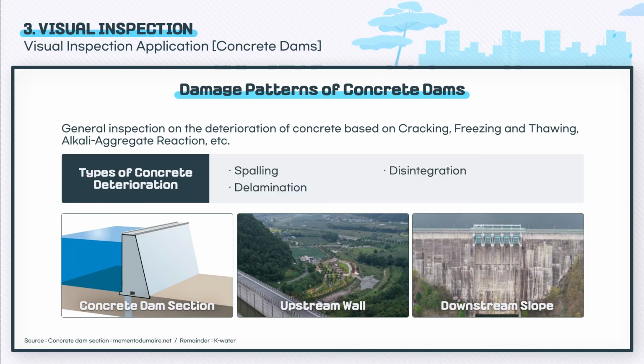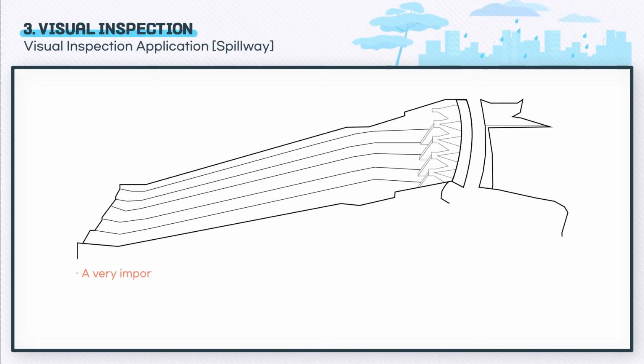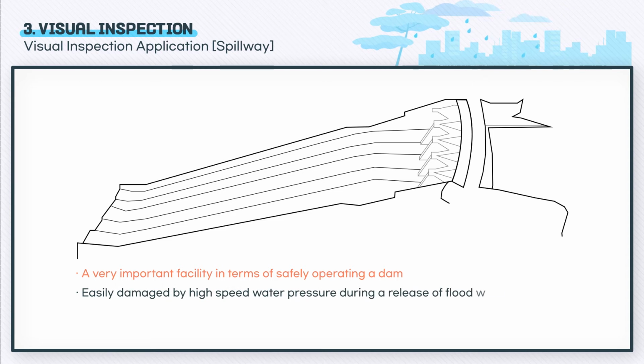Concrete deterioration includes spalling, delamination, disintegration, and other types. Among the many types of defects or damages, structural cracking may be a potential risk factor that must particularly be given further attention. The spillway is a very important facility in terms of safely operating a dam. Since it is easily damaged by high-speed water pressure during a release of flood water, there is a need to